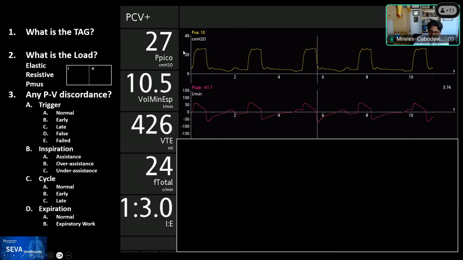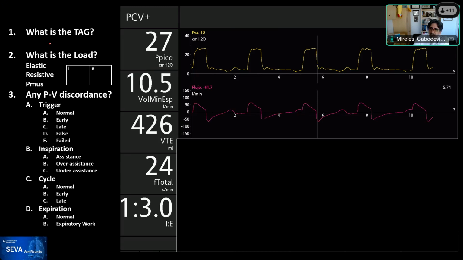And at the level that you are today, I think that you will rapidly recognize what is going on here. But I thought that starting by what you can see at the bedside, which is very relevant because not everybody gets an esophageal balloon,